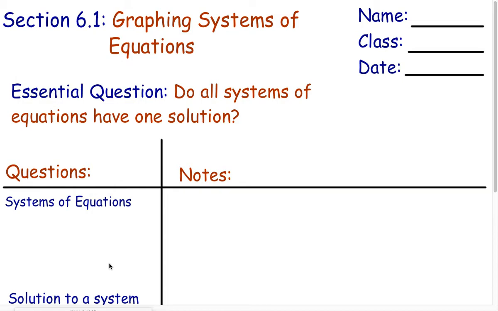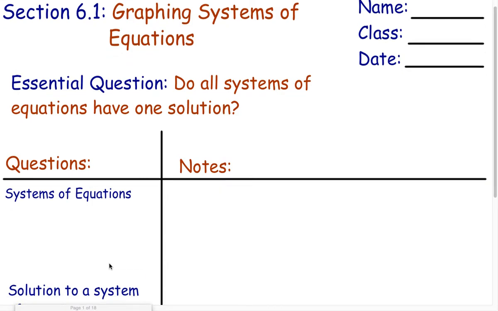Section 6.1, Graphing System of Equations. Essential question: Do all systems of equations have one solution? Well, first of all, a system of equations is more than one equation. We are going to be focusing on two equations every time in this chapter. So I'm going to write down two equations